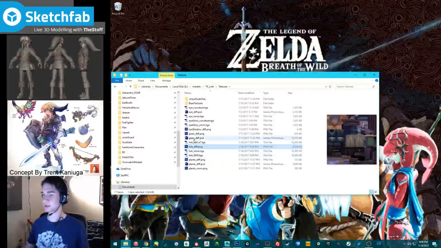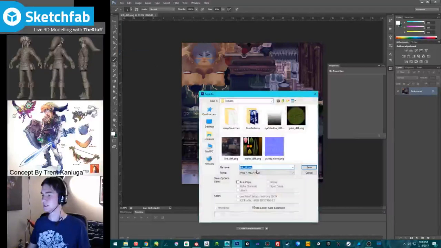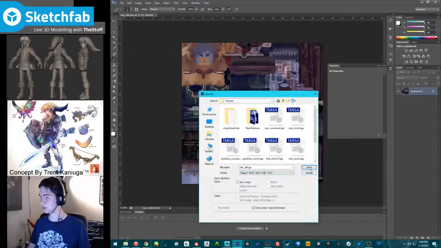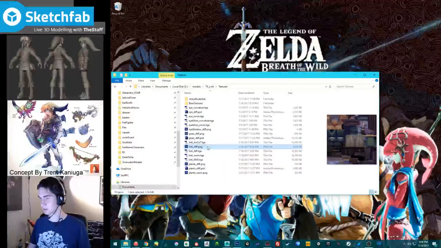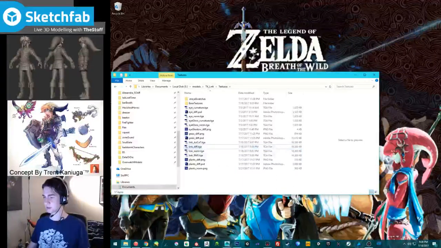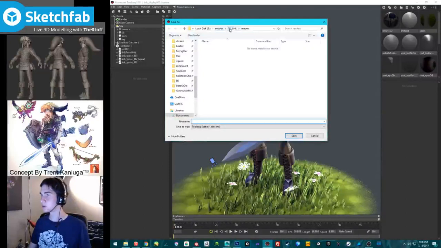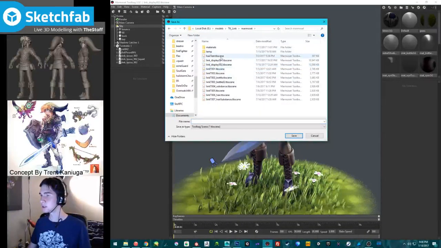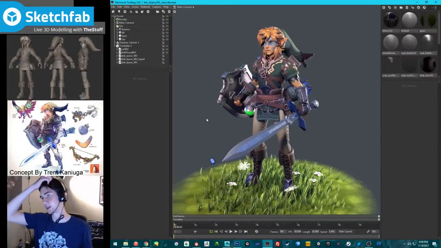Alright. Oh, wait, it's a PNG and I want it to be a Targa. Because I like Targas. Targas are fun. Okay. Like that. Alright, so now what I'm going to do is take this and save it as new. And Marmoset. Taking like display 3. Clean. Alright, so now I'm going to clean out this scene and get rid of all this extra stuff that I don't need.